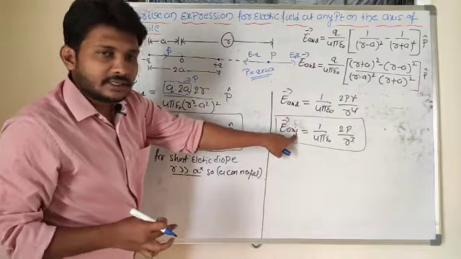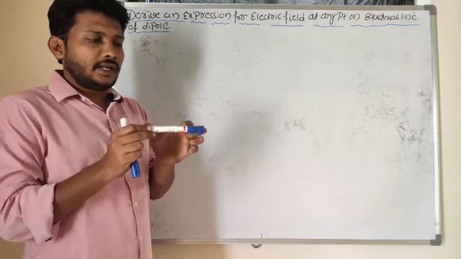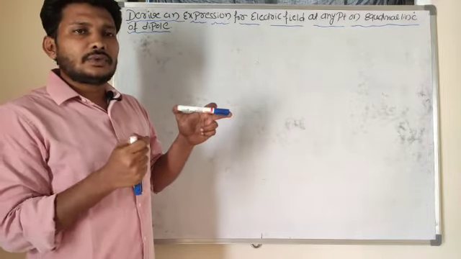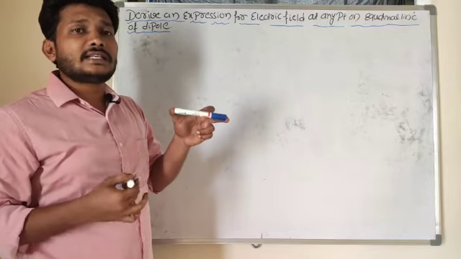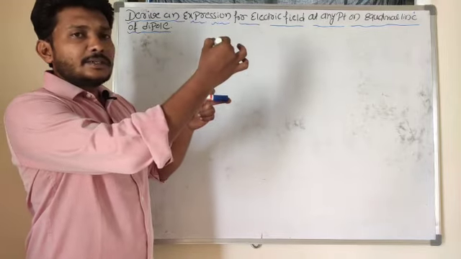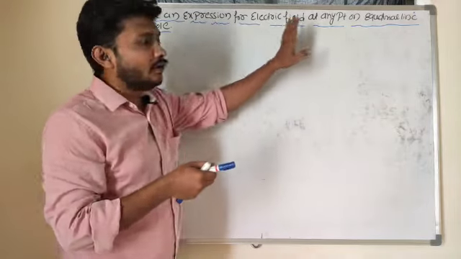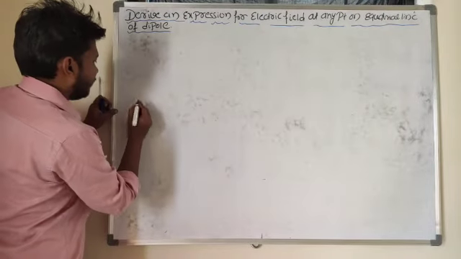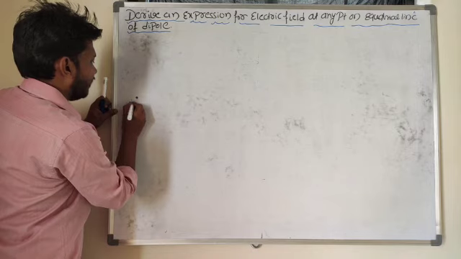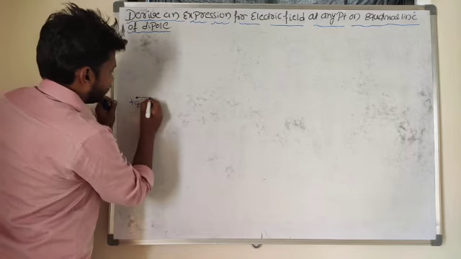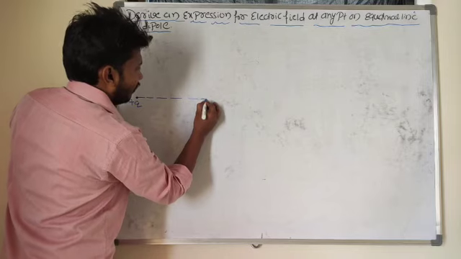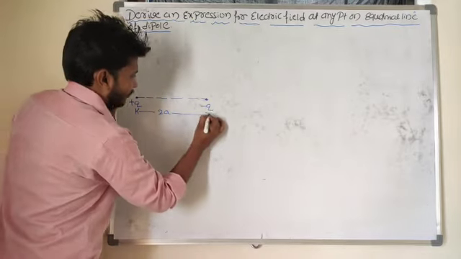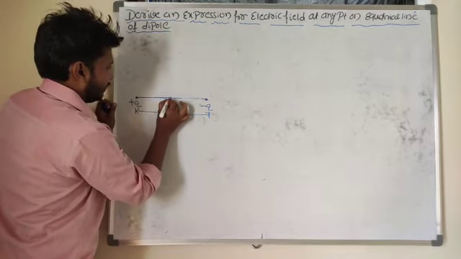For a short electric dipole, this electric field at any point on the equatorial line. For example, this is plus q charge and this will be a minus q charge. Now I will choose a point on the equatorial line. The equatorial line is nothing but a perpendicular bisector. So at this point, what will be the value of electric field I want to determine here? For that purpose, first I will consider the dipole here. A dipole consists of one positive charge and another negative charge. Here this is plus q and this is minus q here. Separation between them is 2a, the dipole length. So this is the electric dipole here.